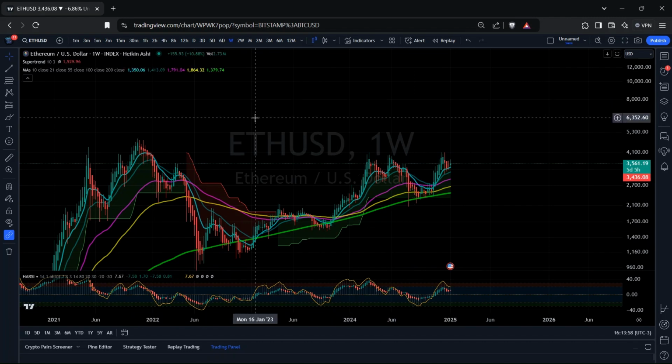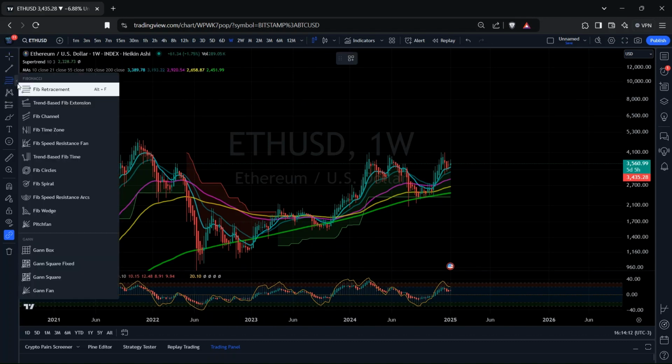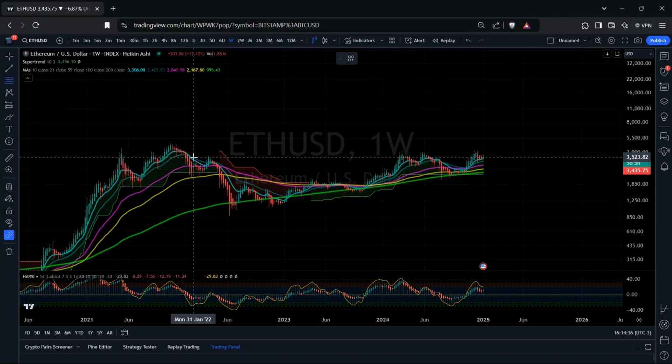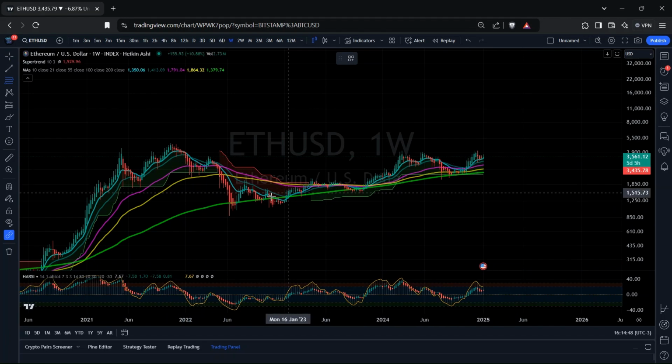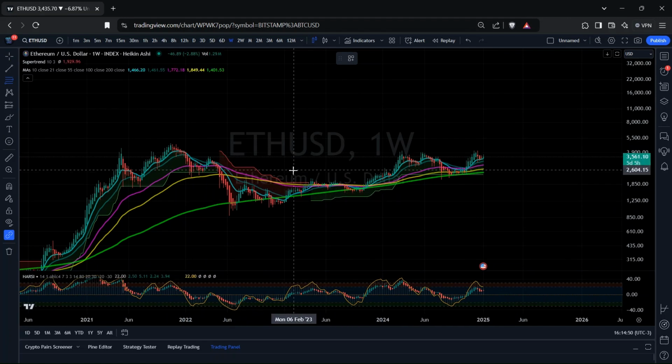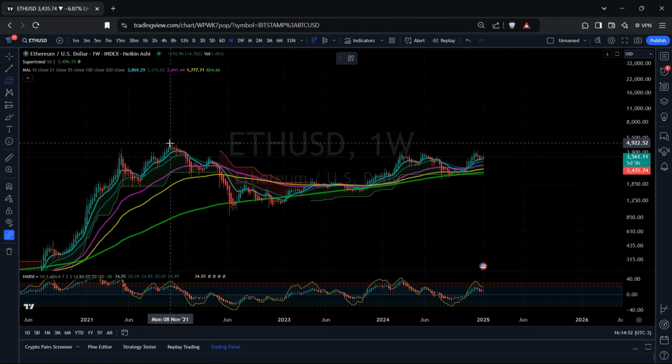And now we can't forget the Fibonacci Extension tool, that is the future targets for any token. First, you click it here and you will see the Fib retracement tool. And you will pick your swing low and swing high. So in the Ethereum USD weekly chart, I would take from the last top in the last bull market,